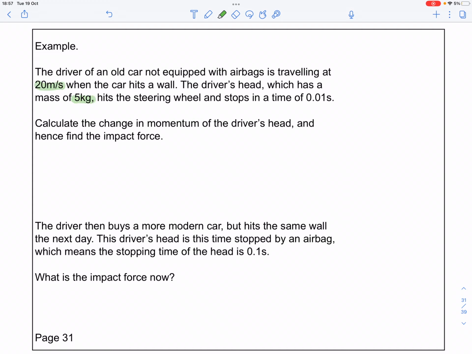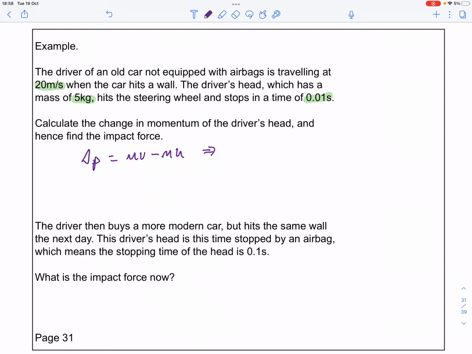And we're looking at the driver's head, which, and this is a fairly gruesome example, hits the steering wheel and stops in a time of 1/100th of a second. So we want to calculate the force that impact generates on the driver's head. So we want to calculate the change in momentum, and then we want to find the force that generates. So the change in momentum is going to be mv minus mu,